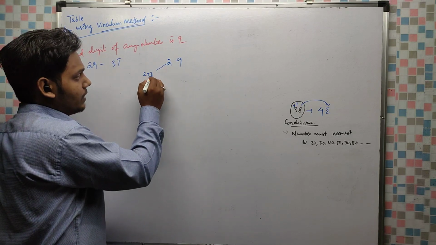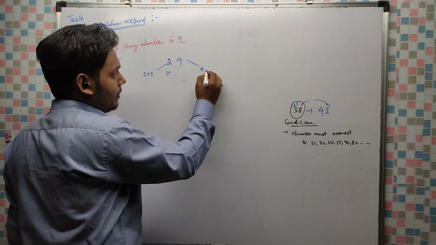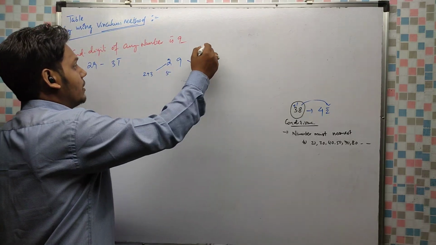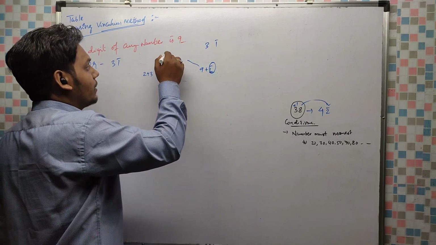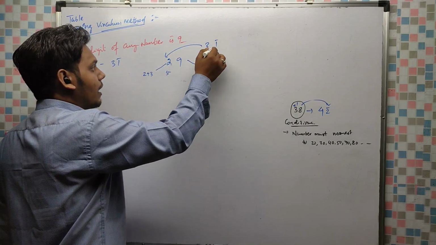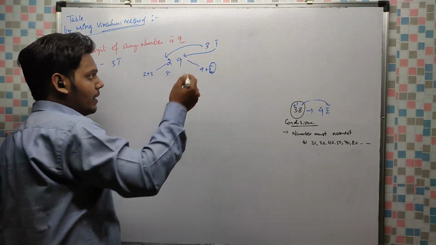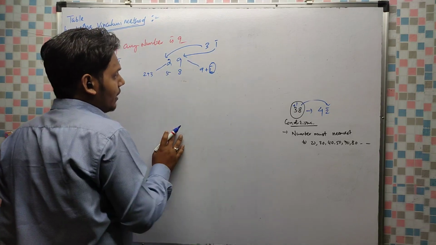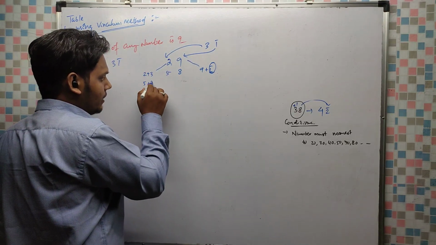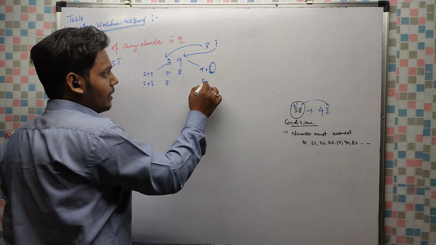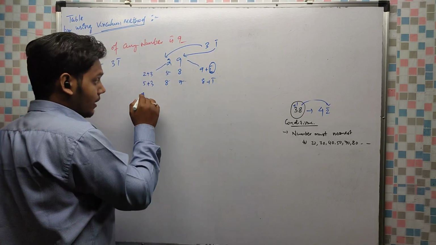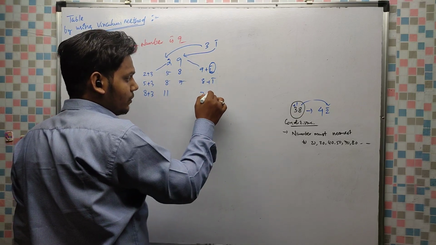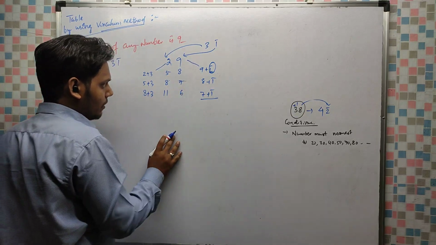That means 2 plus 3 is 5, and 9 plus 1 bar. 3 1 bar: 3 will be added to the tens place and 1 bar will be added to the unit place. So 1 bar is minus 1, giving 8. Thereafter 5 plus 3 is 8, and 8 plus 1 bar is 7. Then 8 plus 3 is 11, and 7 plus 1 bar, means 7 minus 1, is 6.